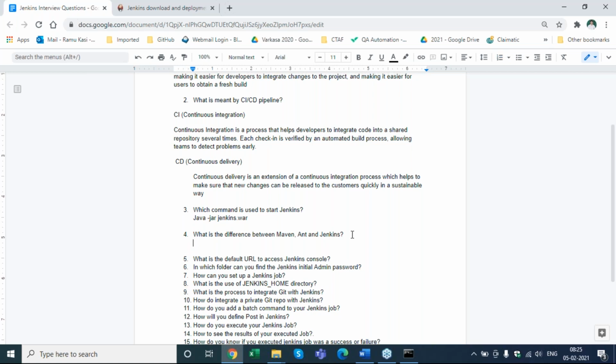Maven is dependency management, right? So build and dependency. And Jenkins is an integration tool, and I think it's similar to Maven, right? The previous version. Exactly, yeah. But the difference is Maven and Ant are build automation tools specifically, whereas Jenkins is an integration tool, right? So let's try to understand if there is any other difference. This is one difference I'm aware of. Let's see if there is something else.